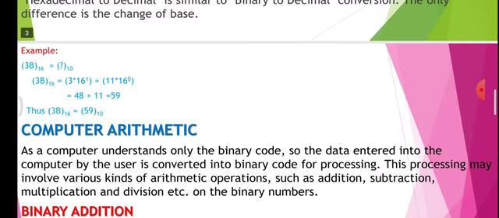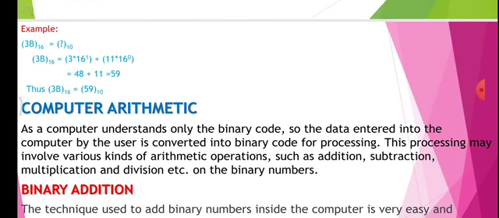Let us see an example. We have a hexadecimal number, that is 3B. We want to convert this hexadecimal number to decimal number. So we will start from the right digit, that is B, and B refers to 11. So we will multiply 11 by the base 16 whose power is 0, plus 3 multiplied by base 16 whose power is 1. Now 48 plus 11 equals 59. Thus hexadecimal number 3B equals the decimal number 59.